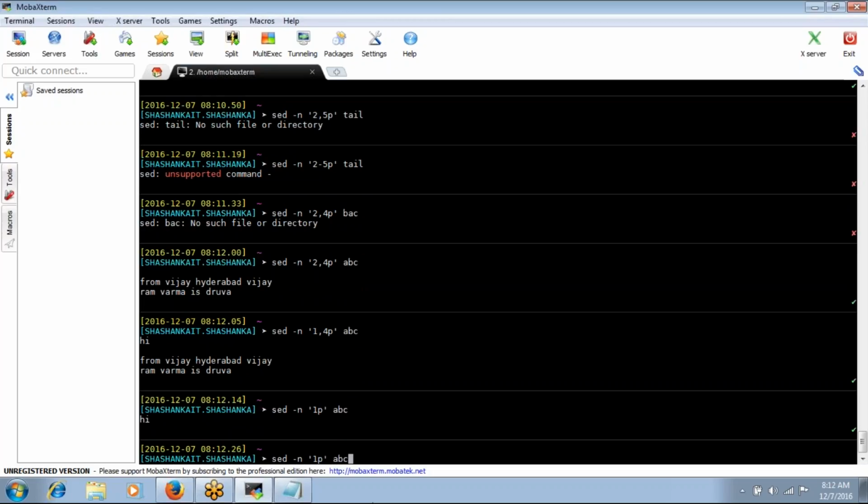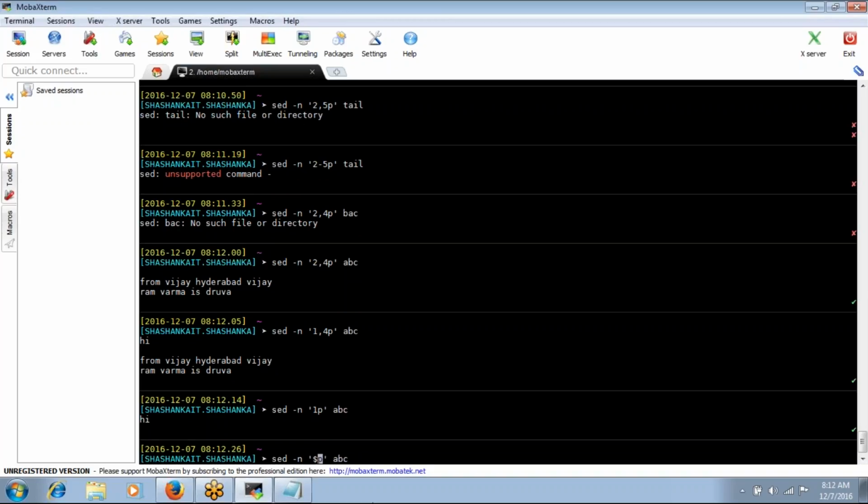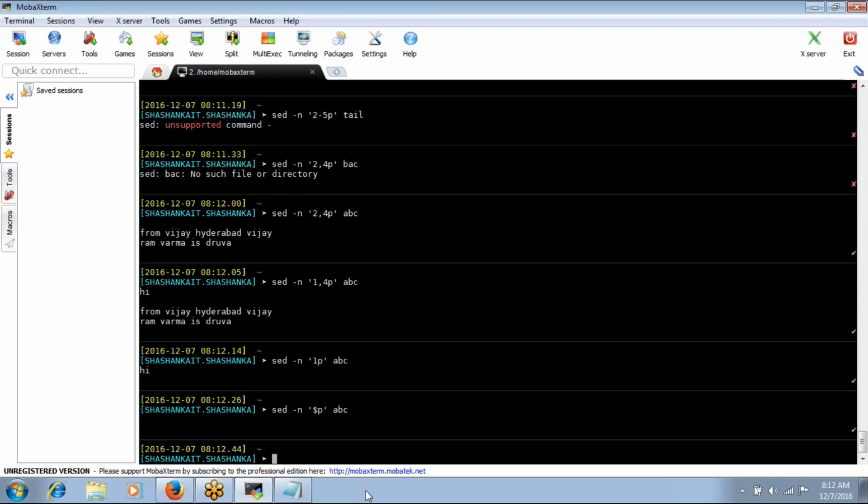For the last record, you don't know the record number. The first record, I can say, is 1, but for the last record you don't know how many records are in your file. Then you can use the last-line address: just use $ and p. It will print the last line. The last line is the empty line, so that's why it displays the empty line. So, sed -n: the first line you can know, it is 1, but the last record we don't know, so that's why this is $p. It will print the last line.